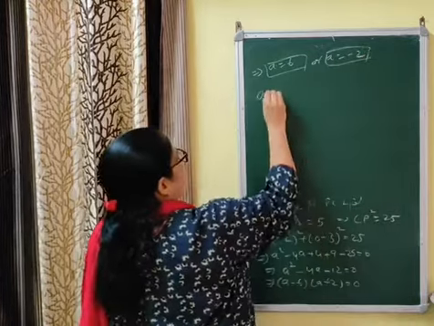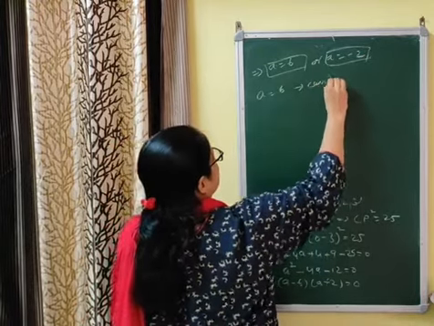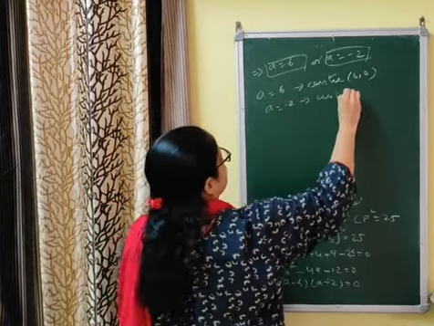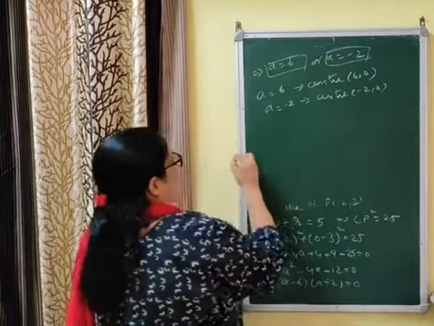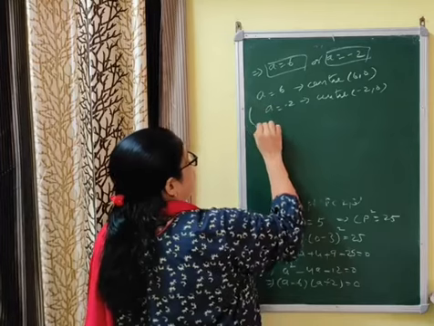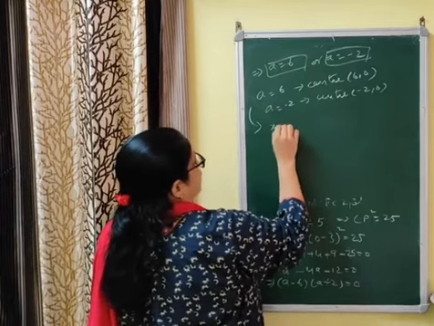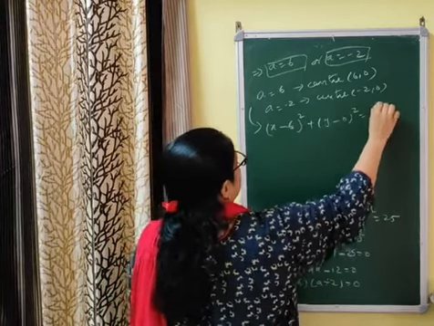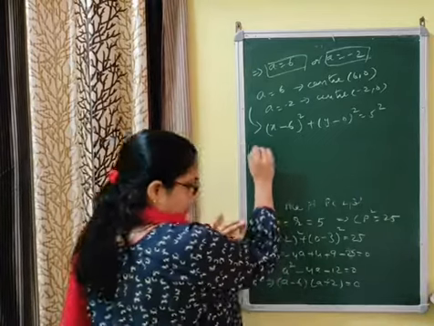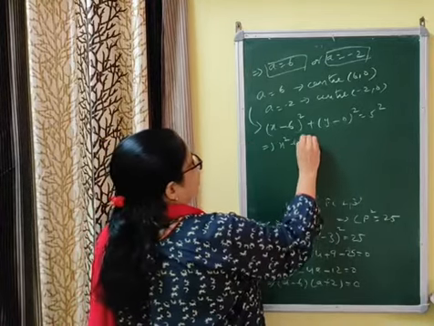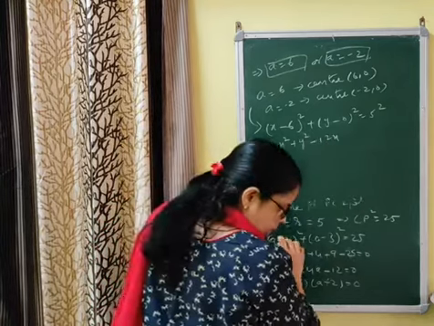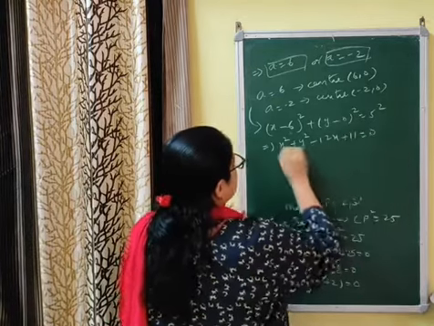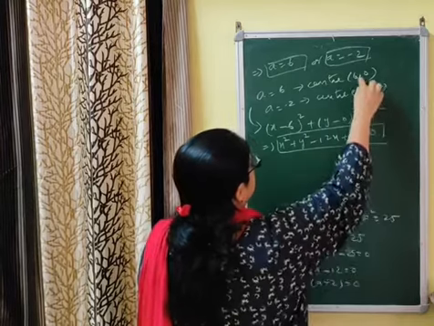Now if a equals 6, the center is (6, 0); a equals minus 2 gives center (minus 2, 0). Now by the central form of the equation of a circle, in this case the equation is (x minus 6) whole square plus (y minus 0) whole square is equal to 5 square. By solving this, you will get x square plus y square minus 12x plus 36 minus 25, that is plus 11, is equal to 0. That is, there are two equations of circle by considering these two centers.